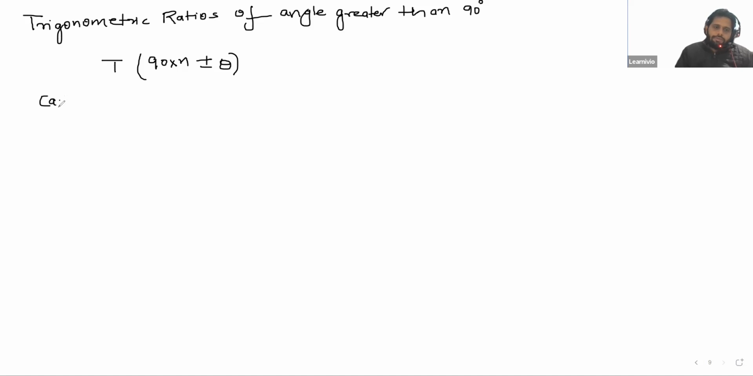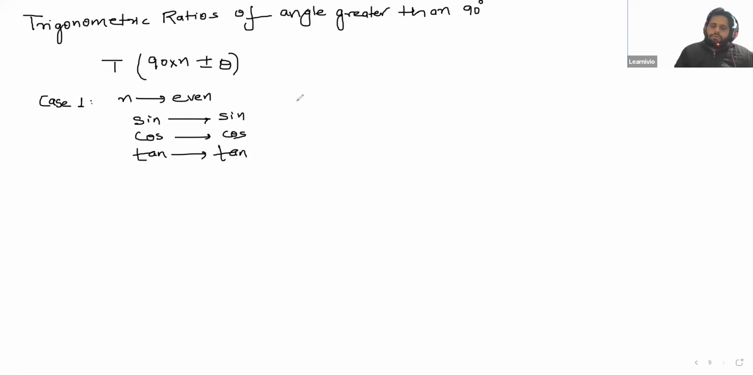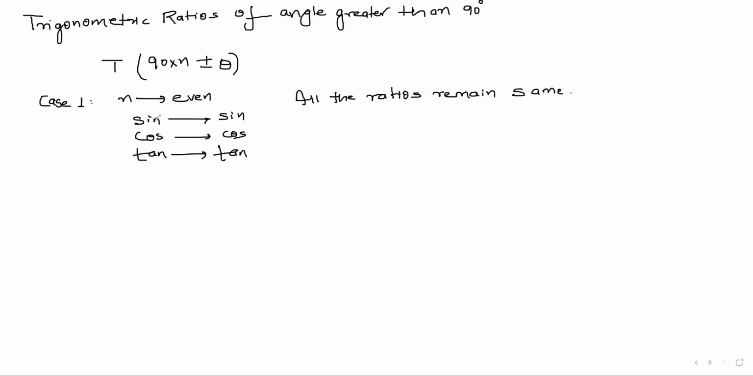सो हमें हमारे पास अगर ये फॉर्म है 90 इंटू एन प्लस माइनस थीटा, इसमें 2 कैटेगरीज में डिवाइड करते हैं। केस 1 हम लेते हैं व्हेन n इज इवन। n अगर इवन है तो क्या होता है, साइन रिमेन साइन, कोई चेंज नहीं होता, cos remain cos, tan remain tan, all the ratios remain same. ठीक है, क्वेश्चन होगा। Yes, sir. Okay, so if n is even, then there is no change in the trigonometric ratios. Sin क्या होगा, that depends on the quadrant, वो हम बाद में डिसाइड करेंगे।